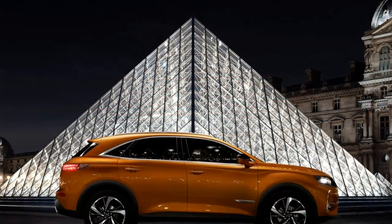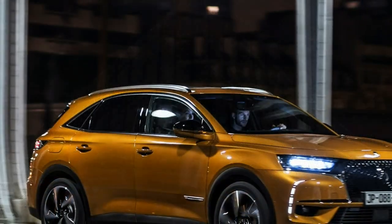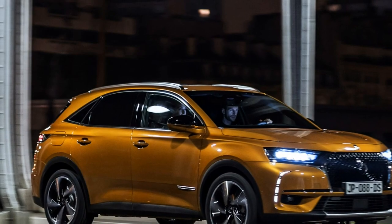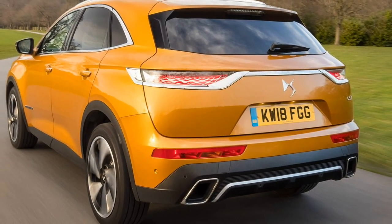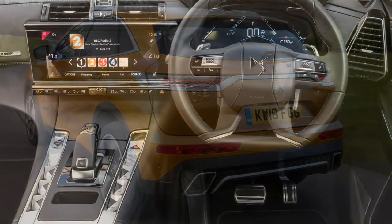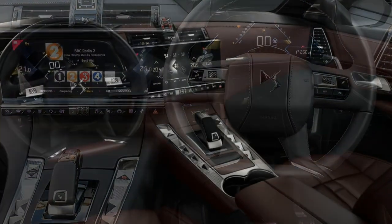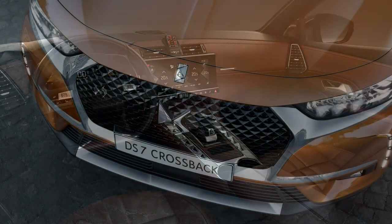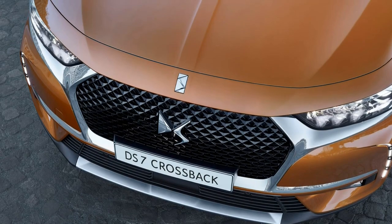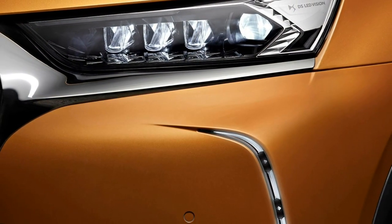Performance Line models add the subsequent equipment: 19-inch diamond cut alloy wheels, DS Active Scan Suspension, LED headlights with high beam assist, rear lateral and curtain airbags, electrically folding door mirrors with DS LED spotlight, Alcantara dashboard and door panels with stitching, dark tinted rear windows,